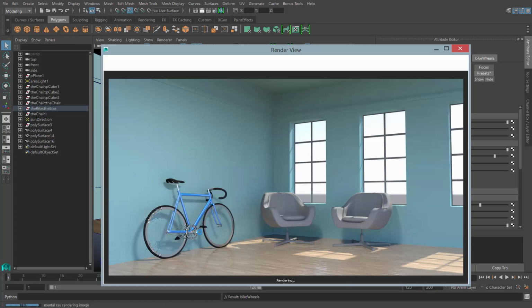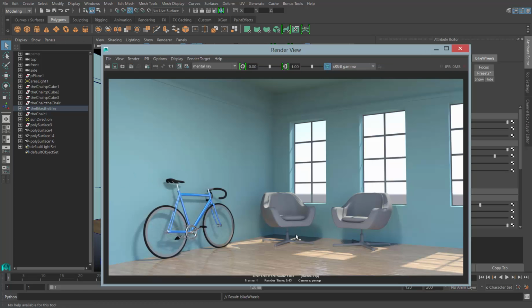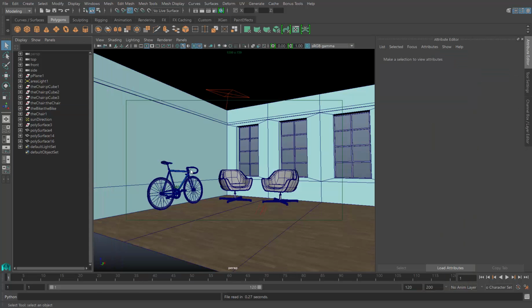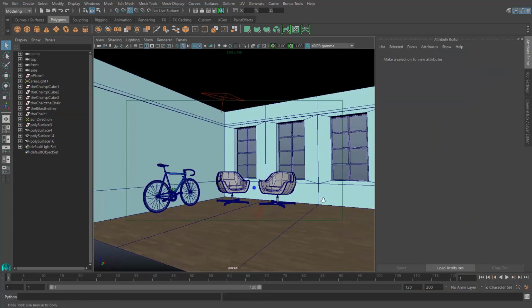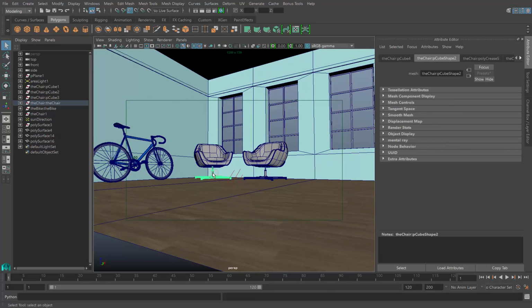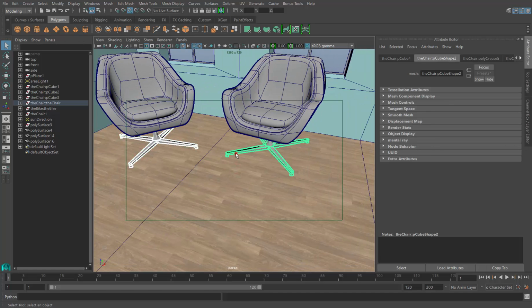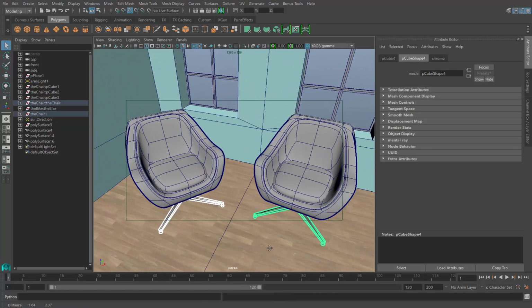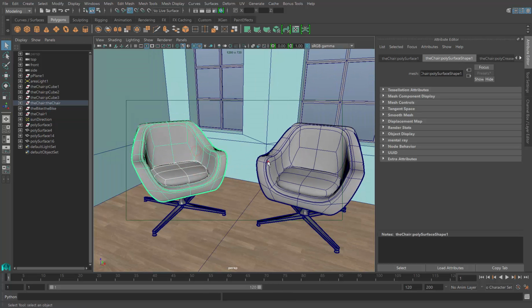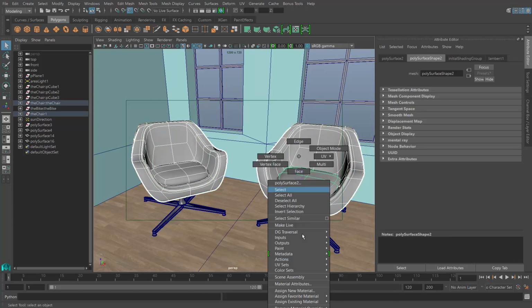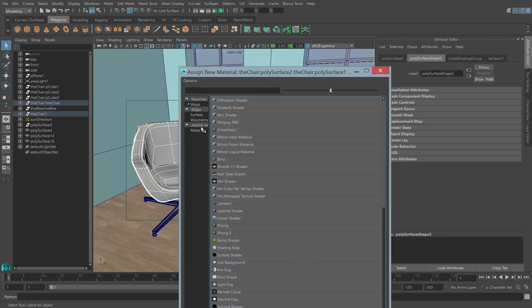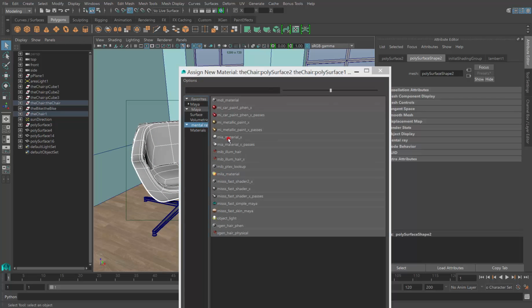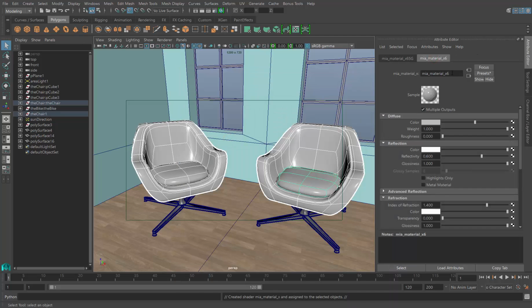So why don't we go ahead and assign the chrome material to these two leather chairs. Let's select both of these chair bases and right click, assign existing material, chrome, and let's select both seats and the pillows and assign new material under mental ray, mia_material_x, and let's call this